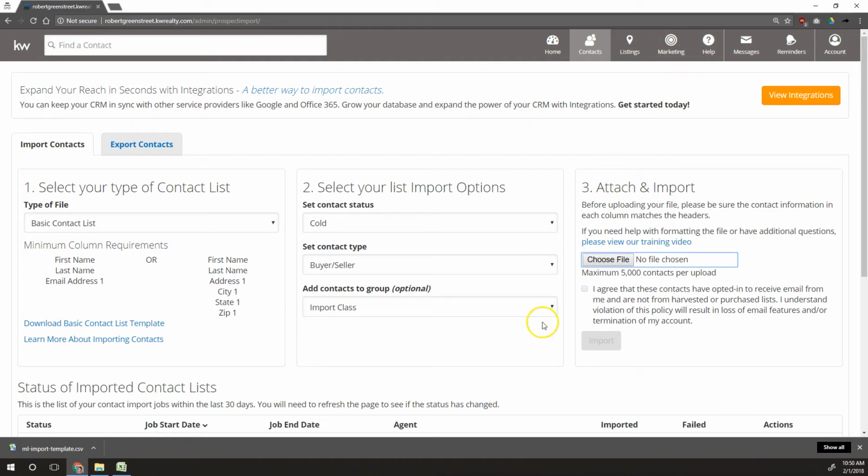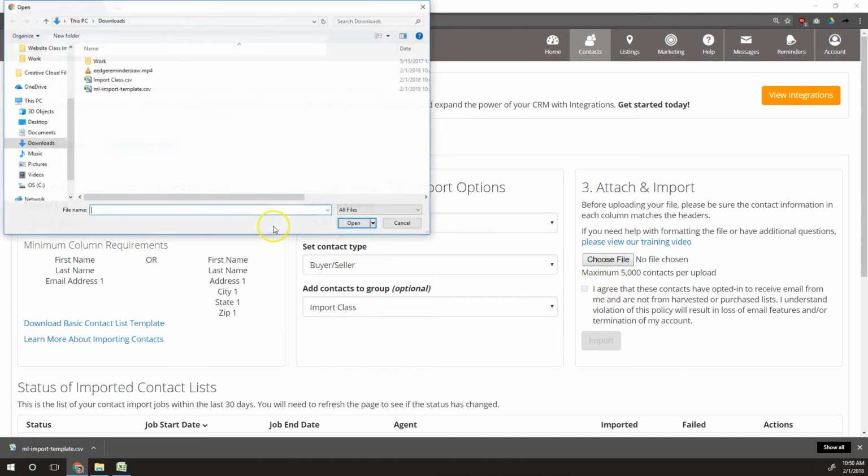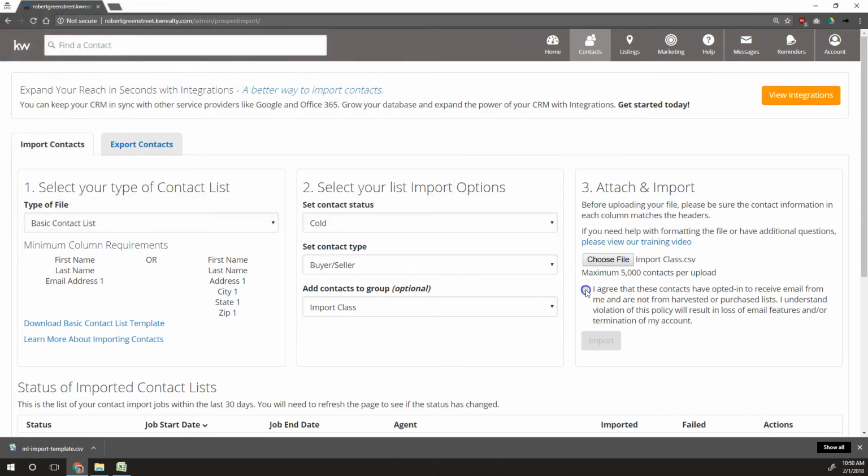And then after that, oops, I didn't choose a file. You have to check this box that says, I agree that these contacts have opted in to receive email from me and are not from harvested or purchased lists. I understand violation of this policy will result in a loss of email features and or termination of my account. So that means best practice, and to follow along with market leaders' rules here, you would have contacted all of these people and asked them, can I send you automated marketing emails? And they would have all said yes or no,